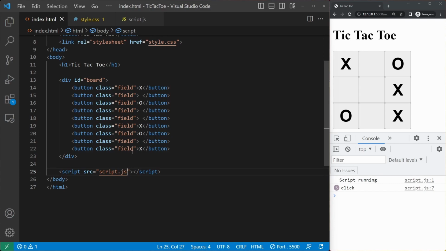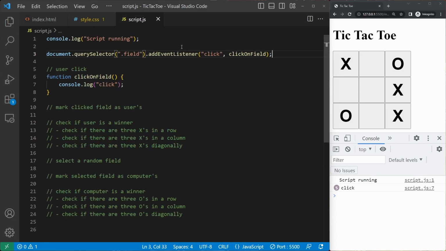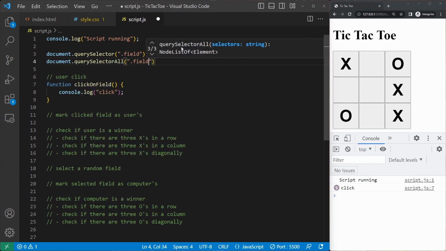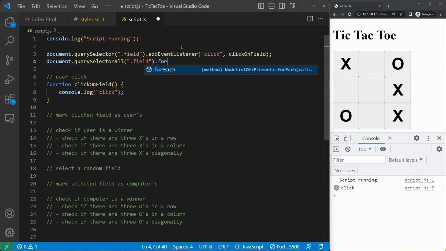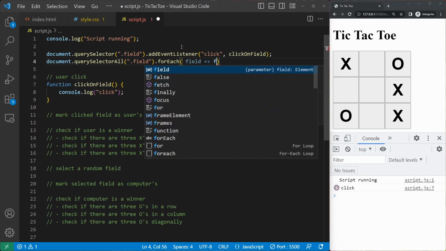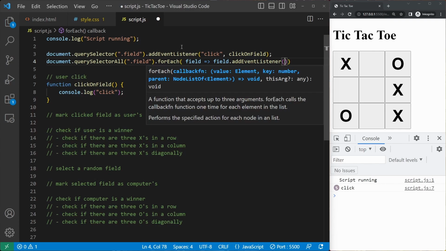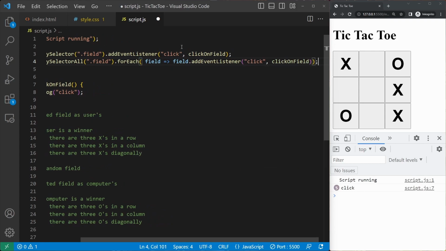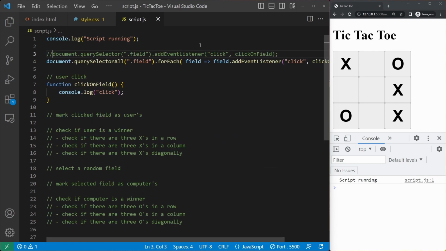I could do something with a for loop, I think, if I select all of them, like document querySelectorAll field, and then I could loop through them, and that will give me a field where I can add an event listener to each one. I think this is going to work. So let me comment that one out. Still works, still works, yes. So now I can click any field I want.